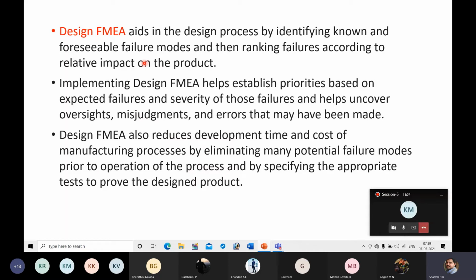Okay, suppose you are not able to identify failure of the design or a failure of a product during its design stage itself, then that will result in rework or rejection or scrap. Okay, that is nothing but waste. So that will increase the development time or manufacturing lead time. Okay, if you are able to identify the potential failure modes during the design stage itself, that means you are finding them at the initial stage, so you can reduce the development time. And since you are not reconsidering a particular design for manufacturing, you are reducing the cost of manufacturing also.